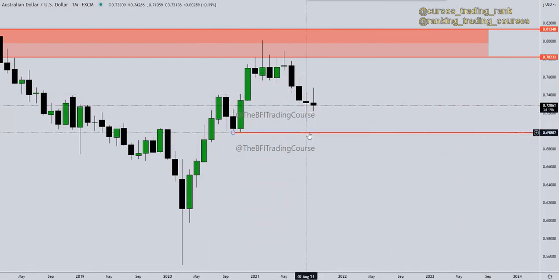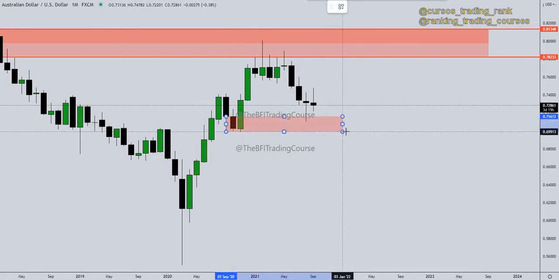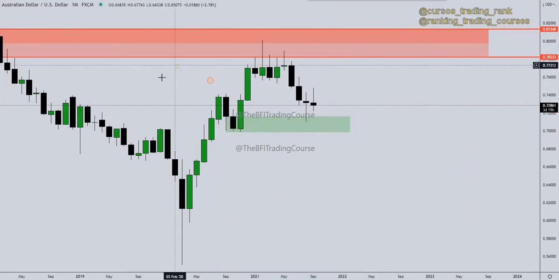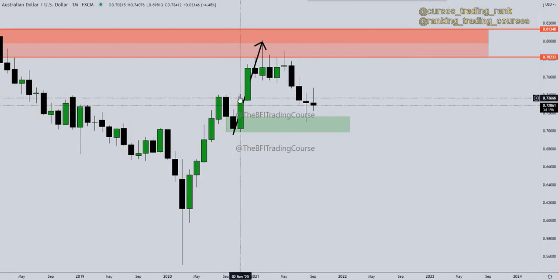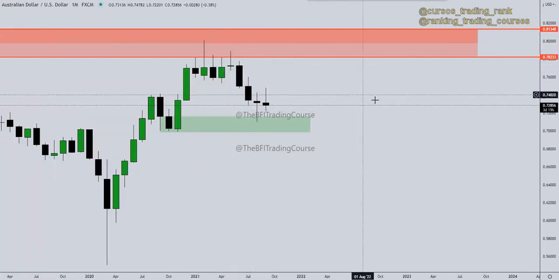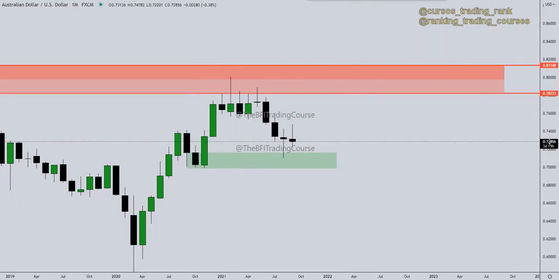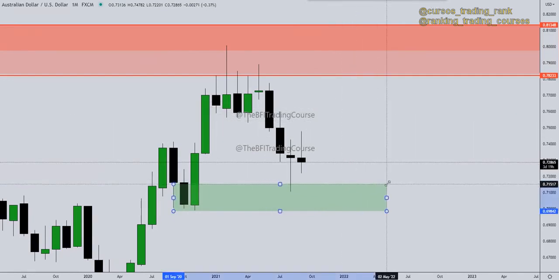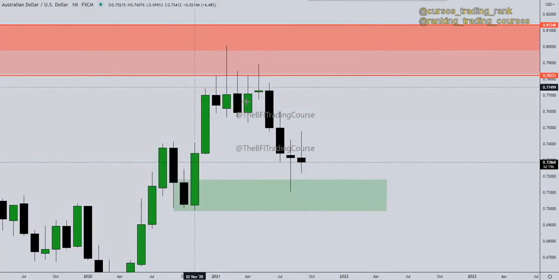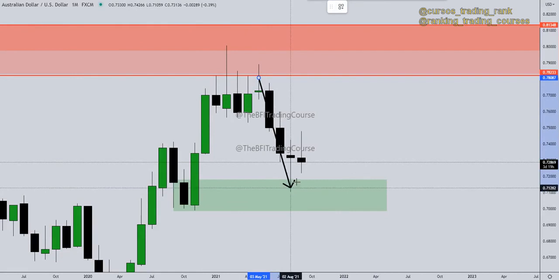Okay, there's also a valid buy zone here, which is a valid footprint. So we have a monthly sell zone above and a monthly buy zone below. And this is how you would be structured on the monthly time frame. A zone above and a zone below. But which zone matters? Both? No, not really. This buy zone is what matters because it seems we're drifting towards it and we tapped it,